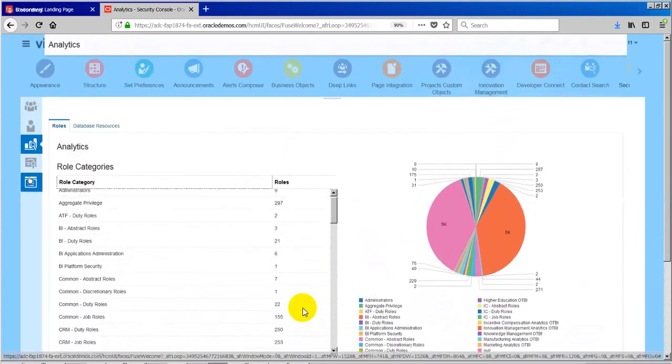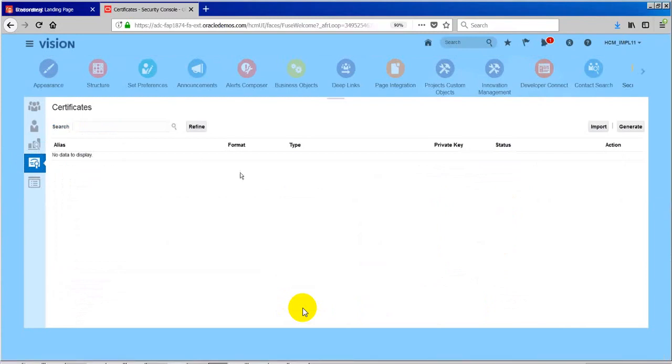And the next one is called certificates. Basically, certificates are needed whenever we need to transfer data from Excel. As we are in the cloud, most of the time while we transfer data from our system to different systems, we want to encrypt the data. If you want to encrypt the data, we have to have the encryption keys.